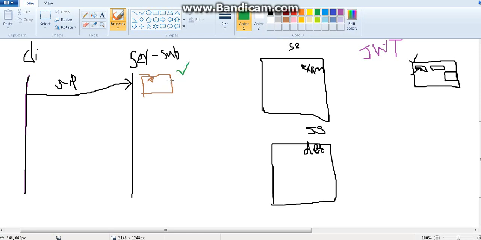Now we don't want to give a session ID. Instead of that, we have to give a JWT token to the user. So how we are going to do it is the question. For that we have a hashing mechanism. So what is a hashing mechanism? Before that,